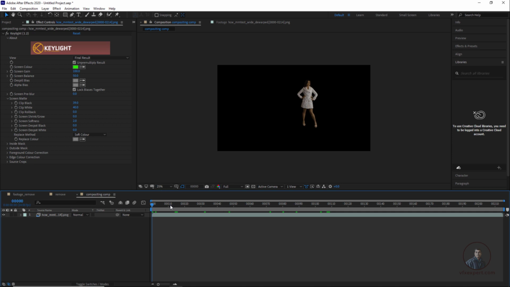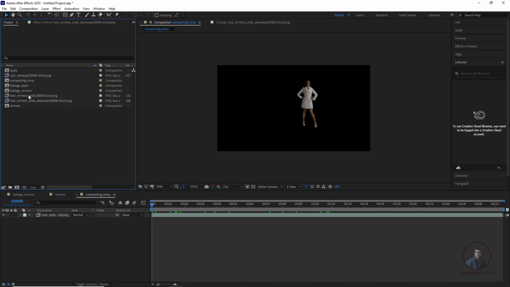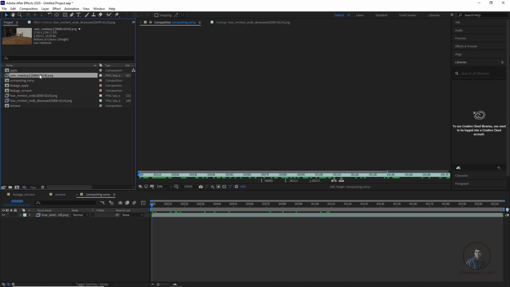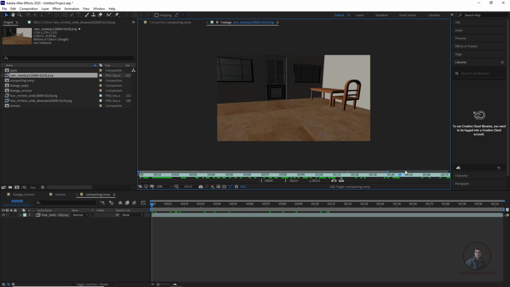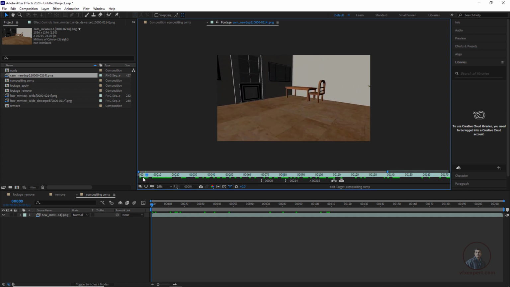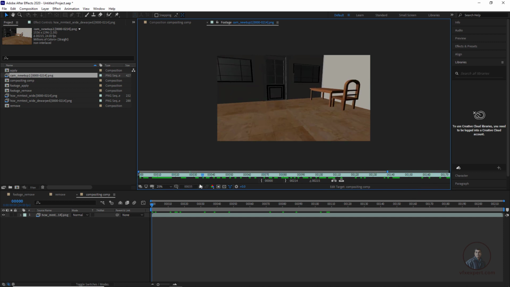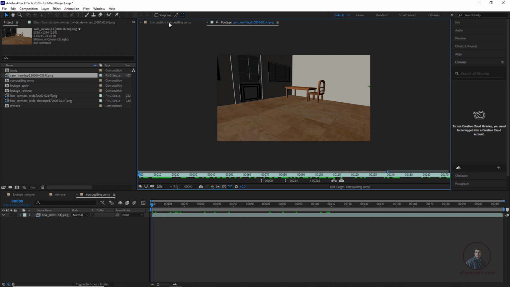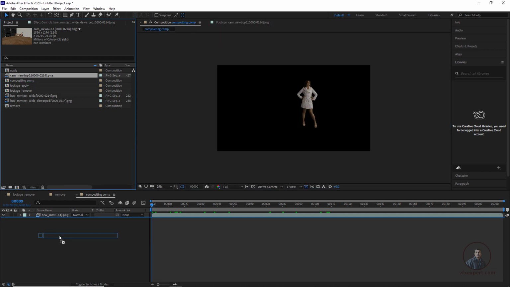After this we have to place our background here, which I have rendered from Maya. This 3D scene I have rendered from Maya. Remember, all the video links I have given in the description, so please watch all my videos related to this lens distortion series, and you will get all things here. Now in compositing we have to place this background here.